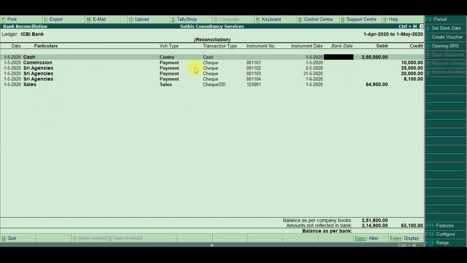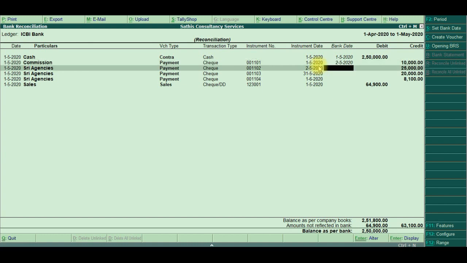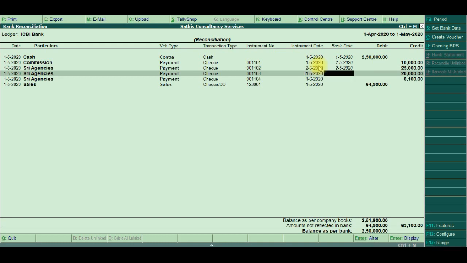On 1/5/2020 we deposit the cash, and on the same date the bank receives it. Our bank statement also contains the same date, because this is a cash deposit. Then the commission payment: we give the check with instrument date and voucher date 1/5/2020, but they take the money on 2/5/2020. Is it possible? Okay, the statement has the date 2/5/2020, and the Sri agency payment 2/5/2020 check is cleared 2/5/2020, but